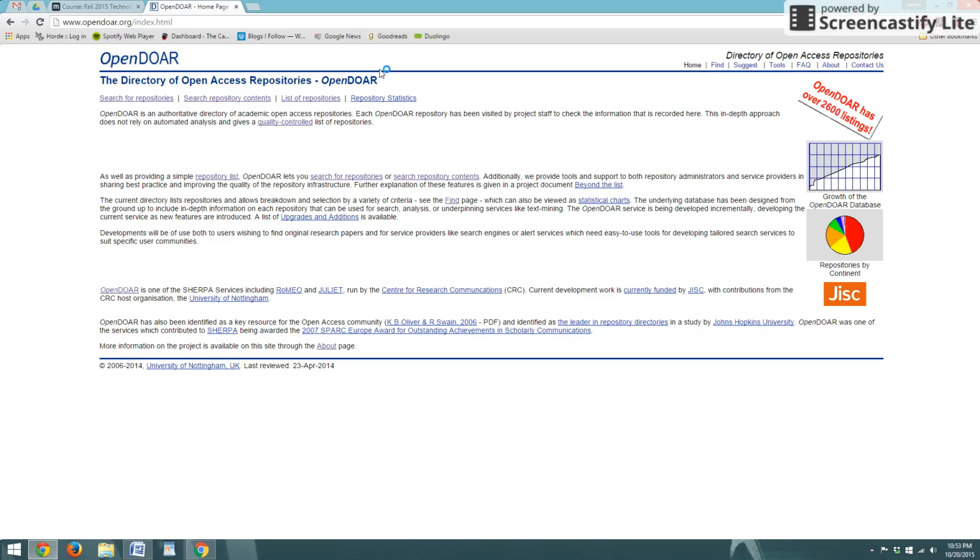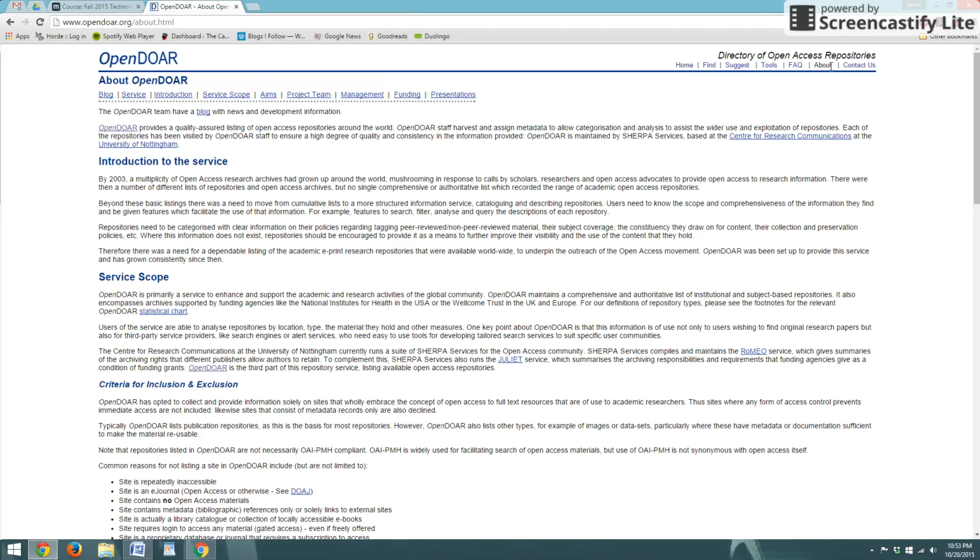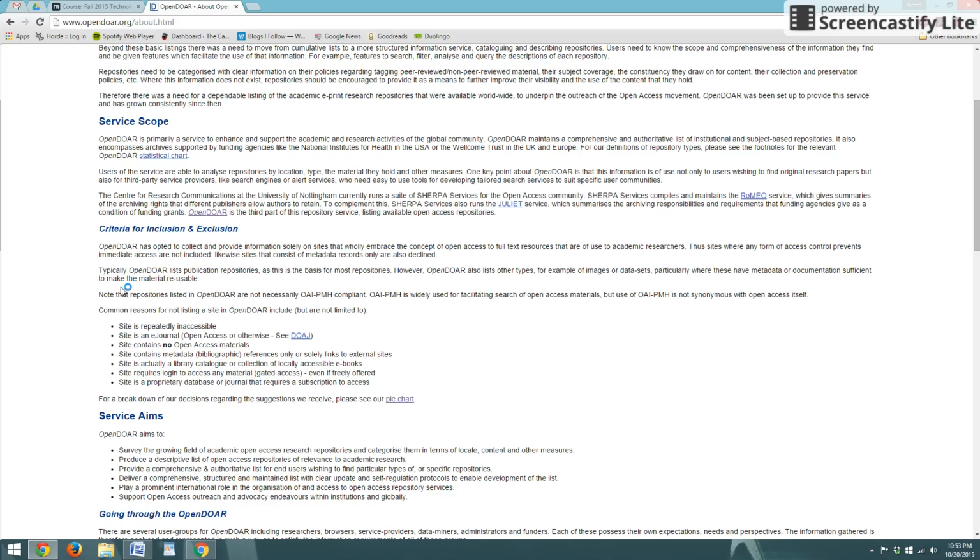I haven't found a really good definition of repository, but think of it like a database light. You can still get access to the same stuff that you would in a database, but it's not as in-depth. If you actually go to the About section of OpenDOAR, they'll talk about the criteria for inclusion and exclusion in